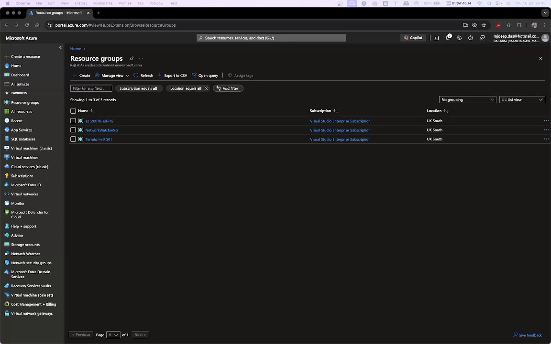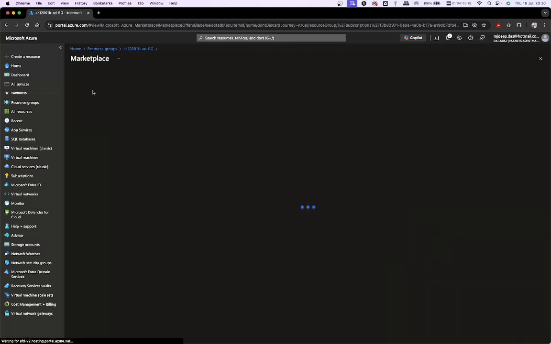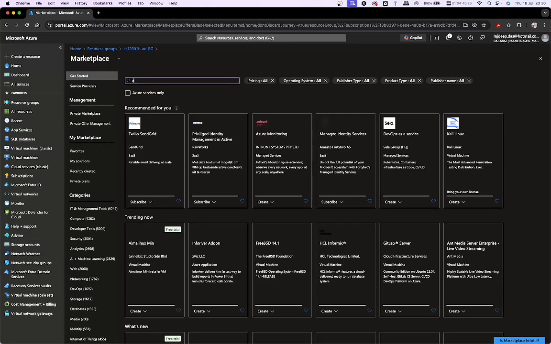Now we have our resource group ready. Let's go ahead and create a virtual machine here. Go to the marketplace, type in virtual machine,